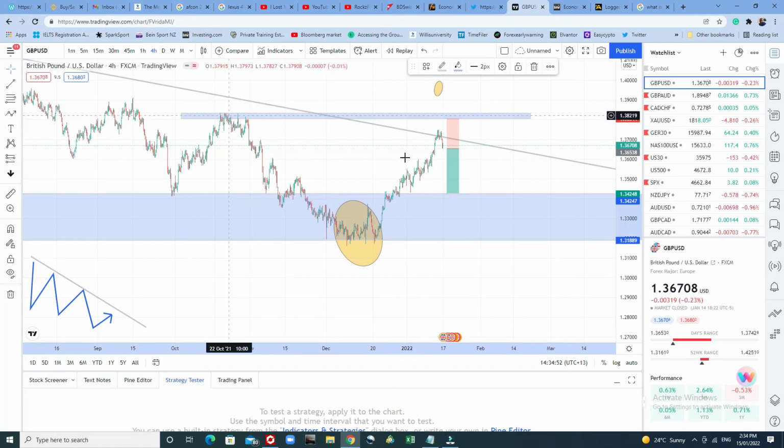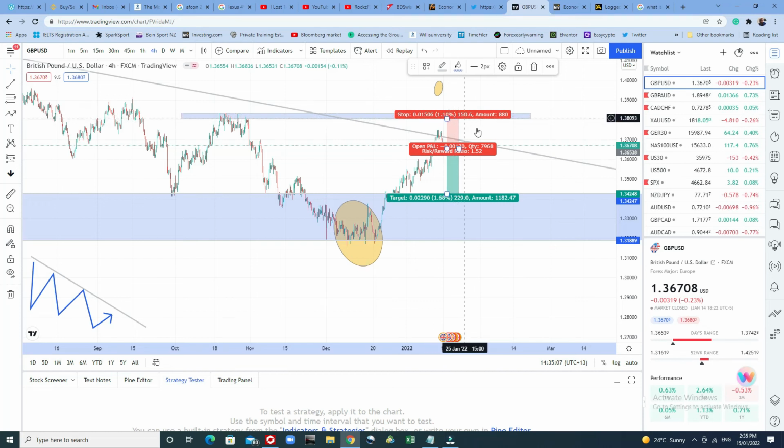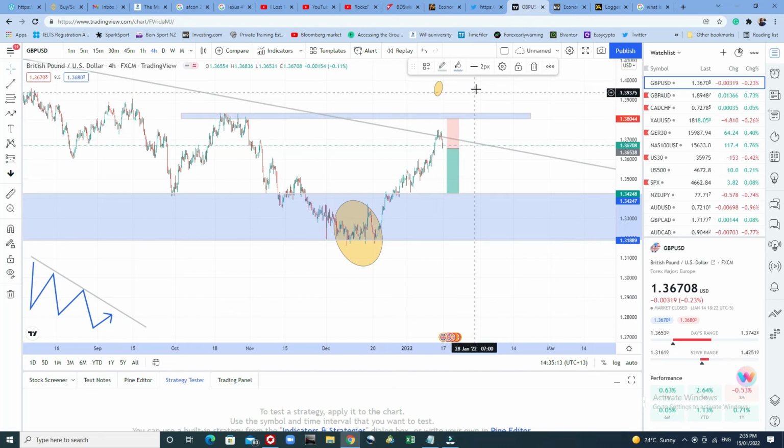What it means is that if this market is going to go up like this, it's going to go up and go up and go up, and when it gets here, it's going to negotiate its way around here, like build some pressure here, and once it breaks through this level and retests this level, it's going to go up to the upside. But what we are seeing now,